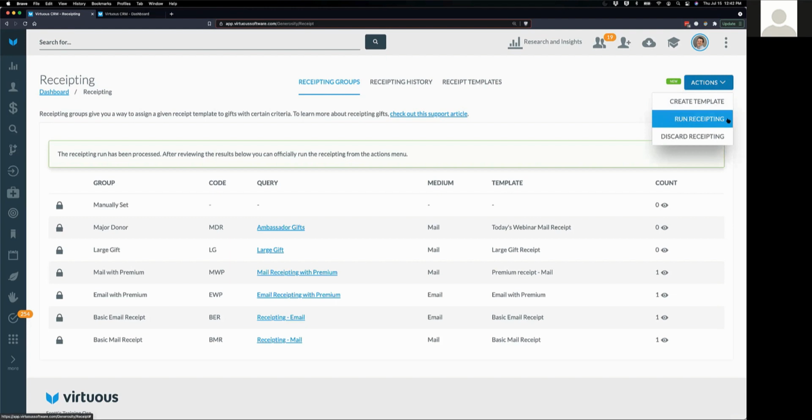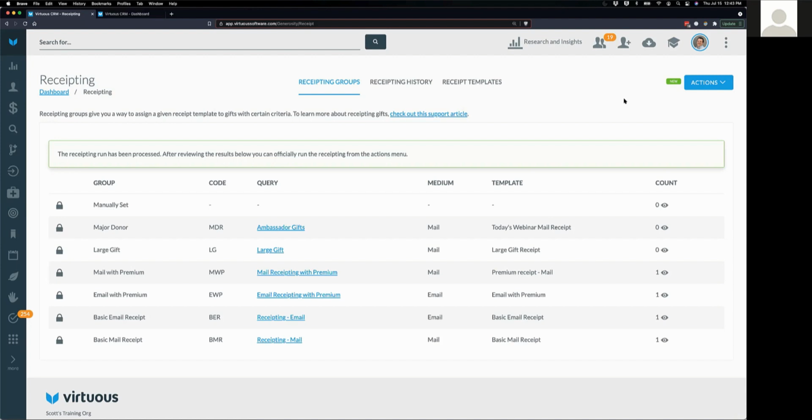If you've got mailed receipts, PDFs, you're going to see those pop up in your downloads up here. You can go download those, print them out, stuff them in envelopes. Again, if you've got a separate CSV for labels, it'll export separately. If you've got a separate PDF for printing envelopes, you'll see that as a separate PDF file to download, okay? And email receipts, they just go. They go out into the universe